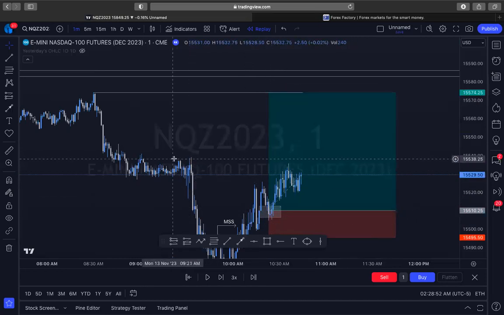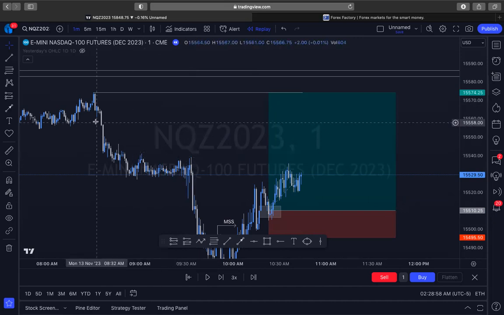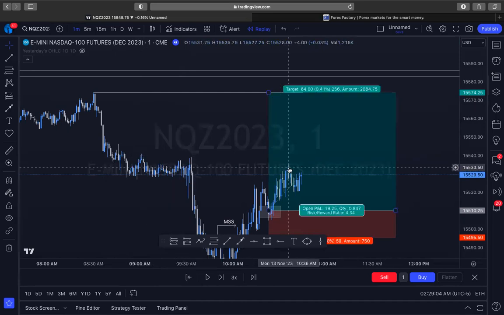My original target was going to be these equal highs. Why do I want to target these equal highs? Because it looks too clean. It looks like people who are selling in the morning would put their stop loss here because they would see that as resistance, right? So this could have been a 1-to-1 right here.